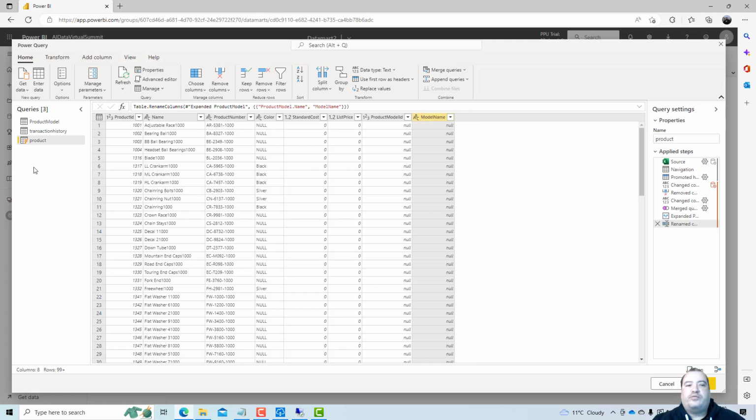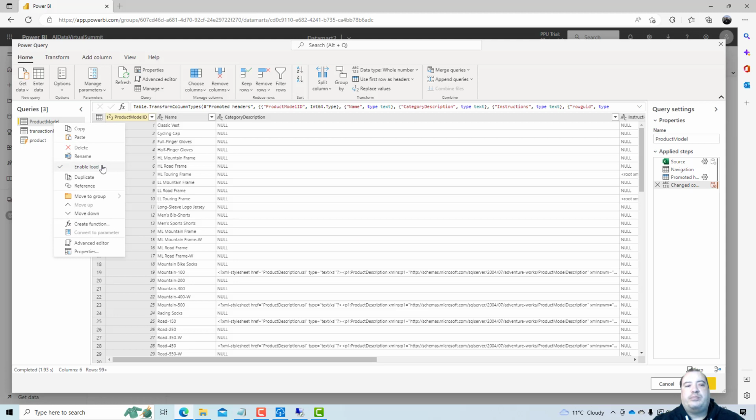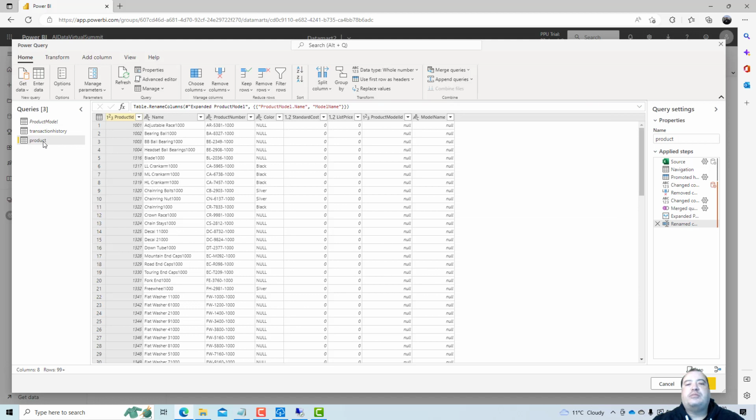The result of the merge is marked as a dynamic table because it's a merge result. But if I explain that I don't really need to load the product model table, I'm using it only as a middleware for the processing of the product table, it's not a dynamic table anymore.